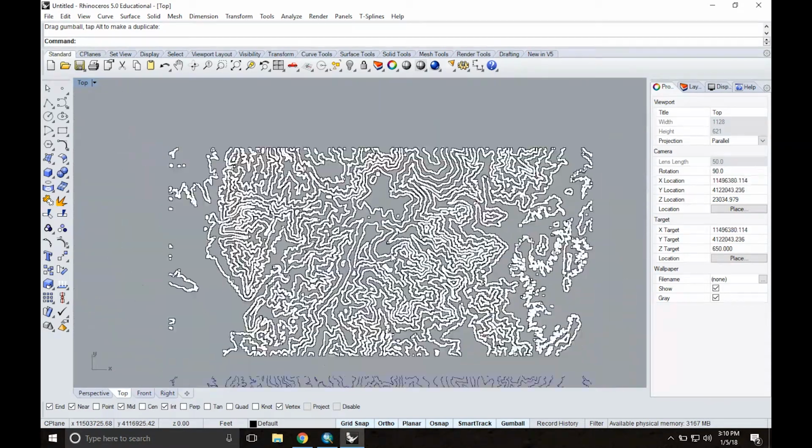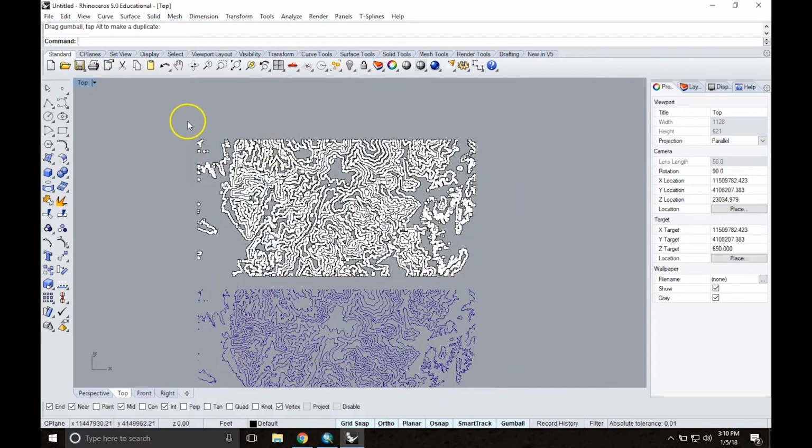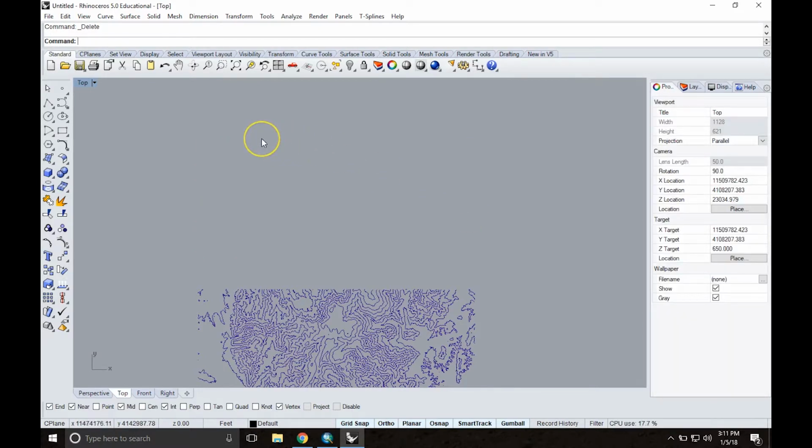So keep that in mind. You're going to want a pretty high-powered computer when doing this. But as I showed you before, you can patch this, and then you can get a surface. But I want to actually show you guys the other way of doing this, which is the Heightfield